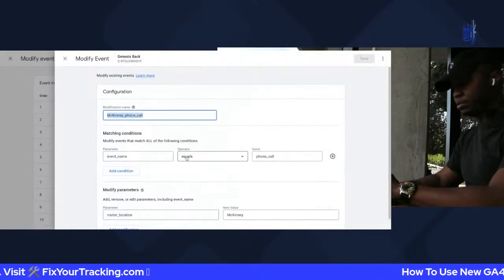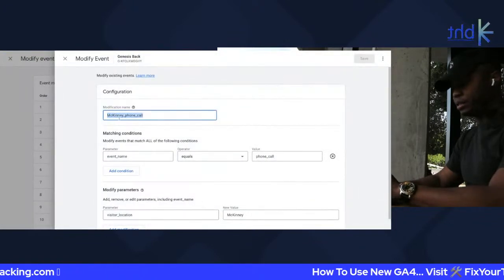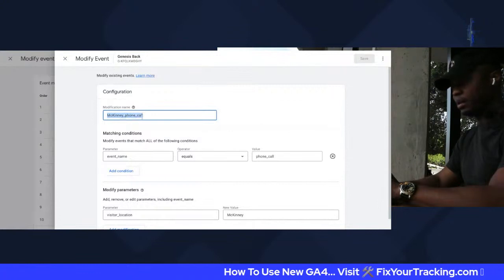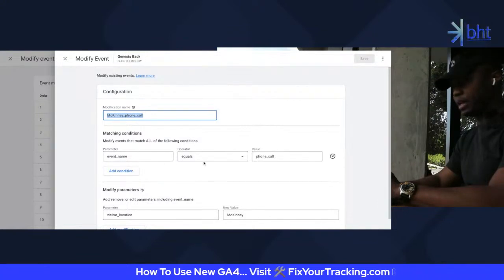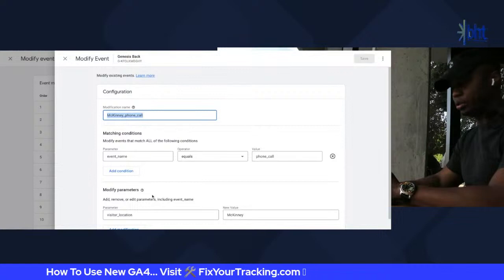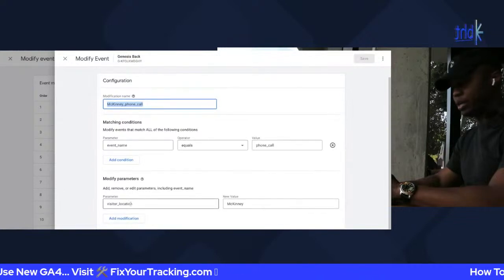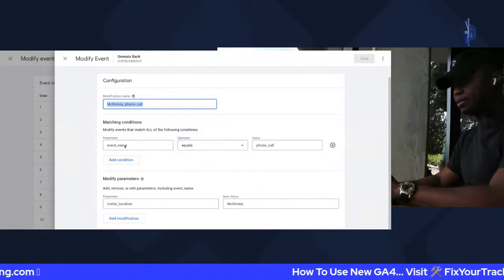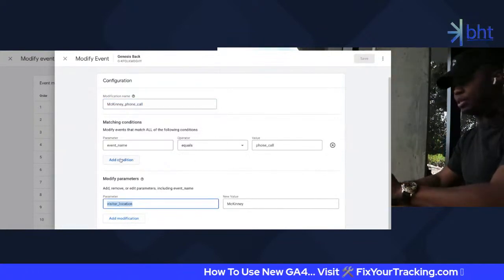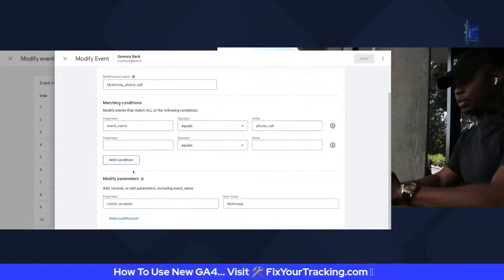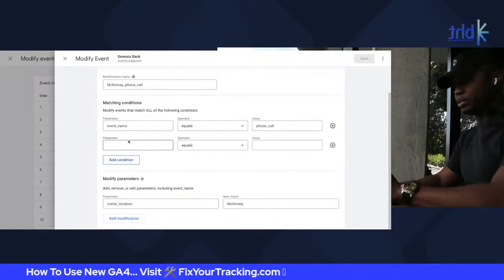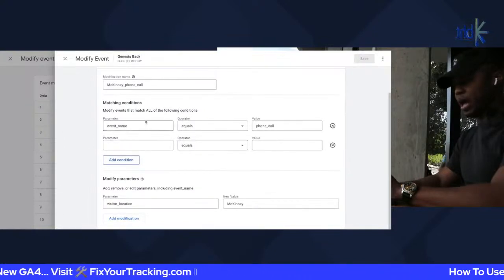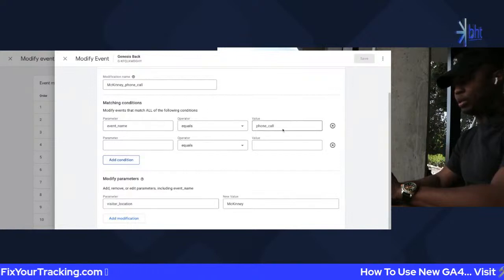A direct example I can give you guys is this one. So we have McKinney phone call whenever there's an event name that's equal to phone call, and the visitor location is McKinney. Then I have this location. So one of the problems that I've noticed is if I have it matching this one condition,